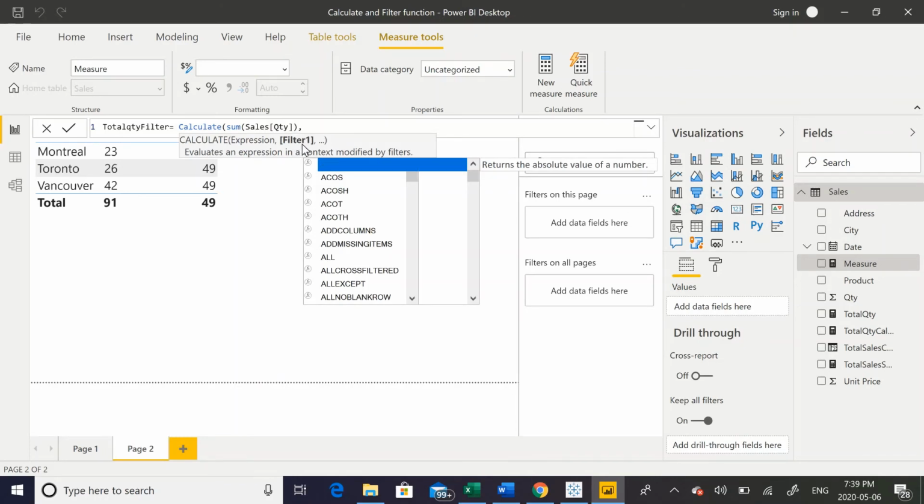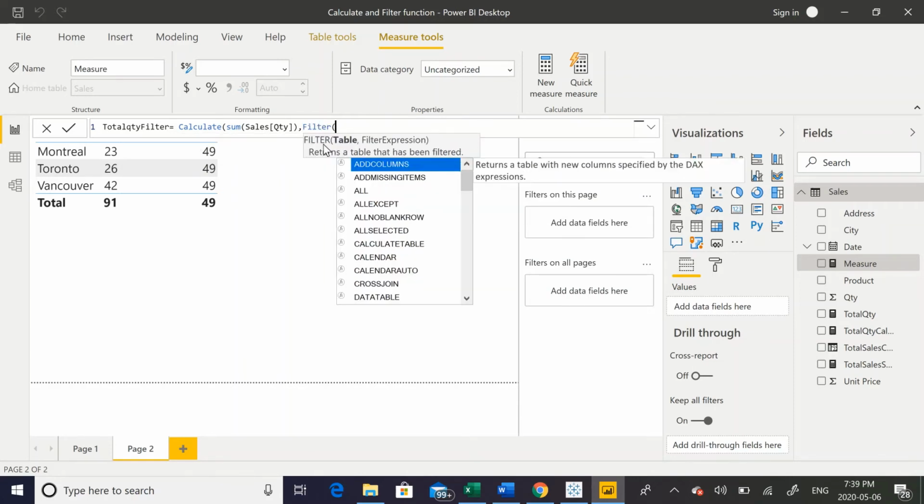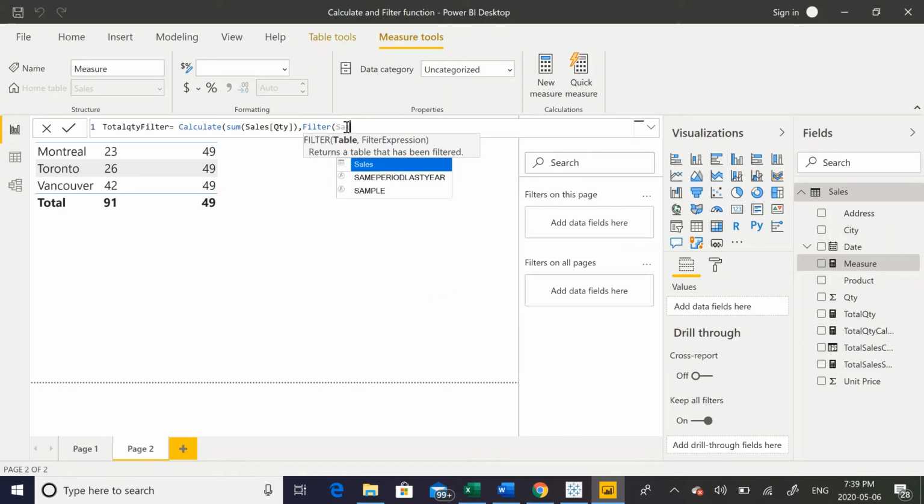So let's use the filter function here. We have this option. Under the filter function, we need to provide the table name. So the table name is sales. And the expression on which we want to filter this table is based on, let's say, city, sales city